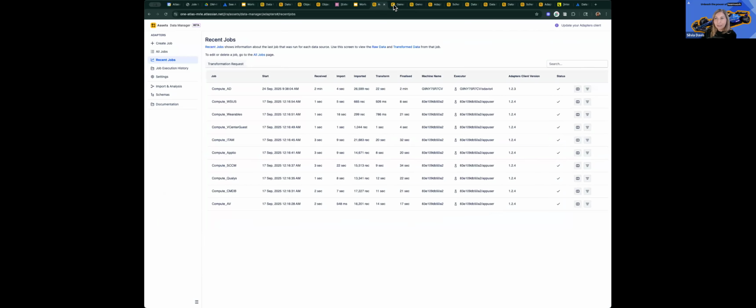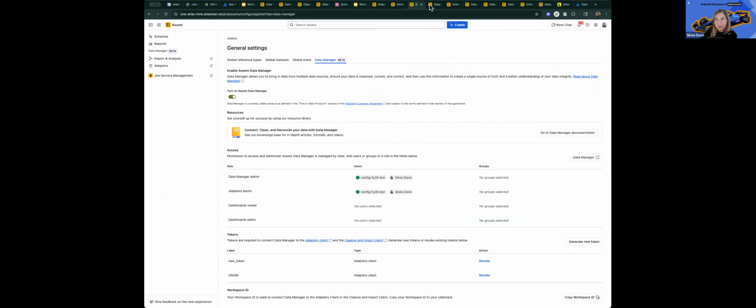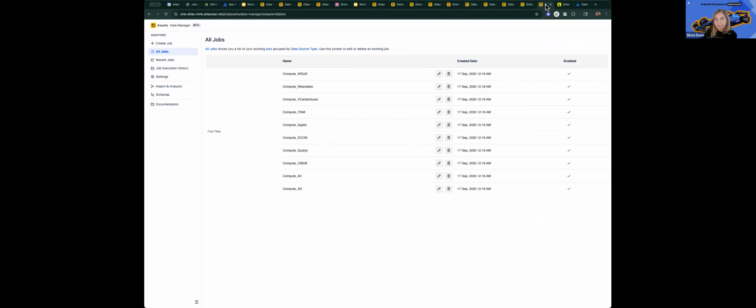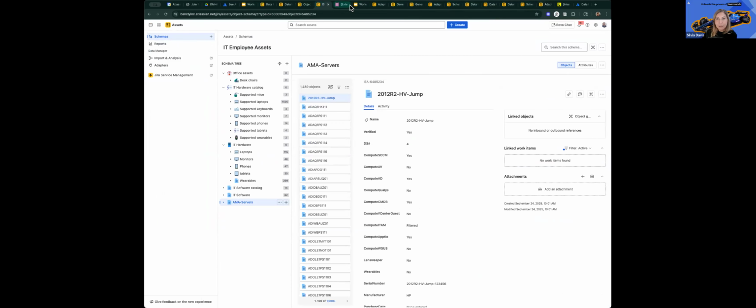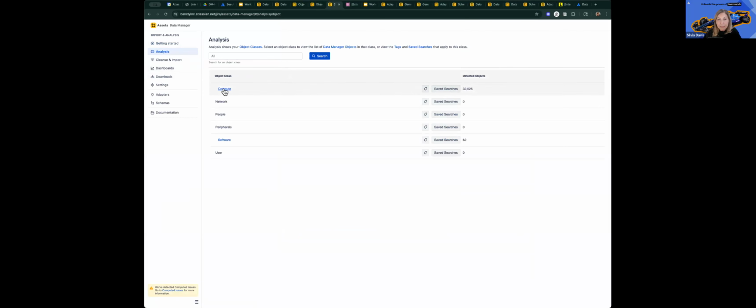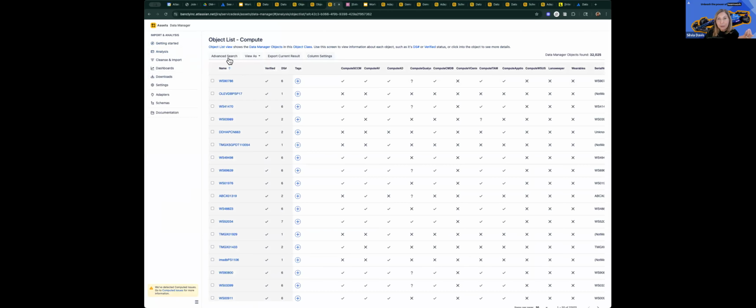Okay, so now moving back to my instance here. Let me see which one I have that's best. The last one that I did, yeah, this one here, that's a good one. Then I'm going to go to my import and analysis. Something that I want to show you is going here to the analysis and then the compute. Here is where you can do many more types of analysis with this data and create your own dashboards. I'm going to show maybe 3 or 4 examples of dashboards that are very useful